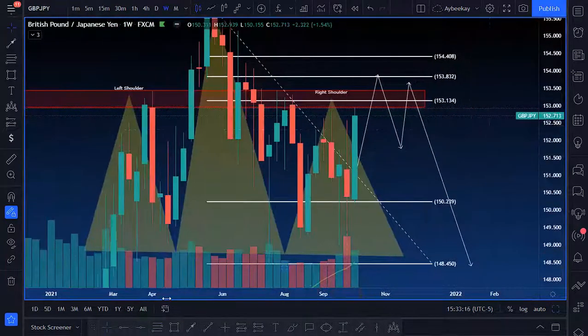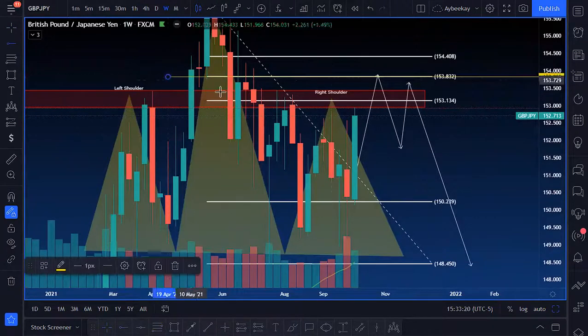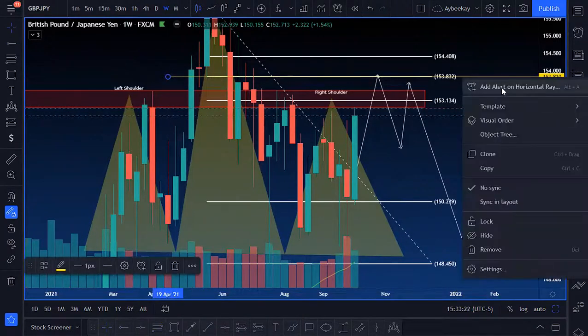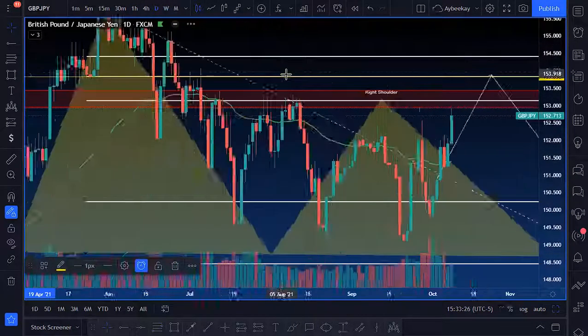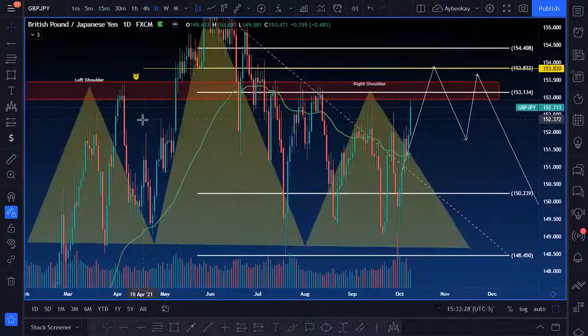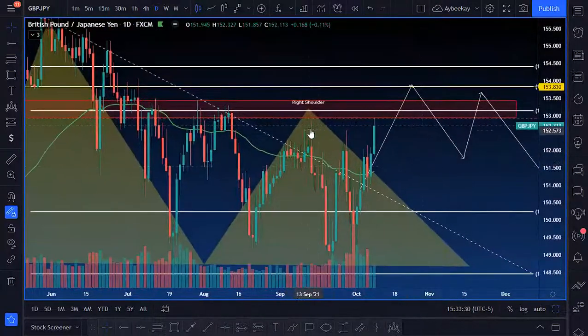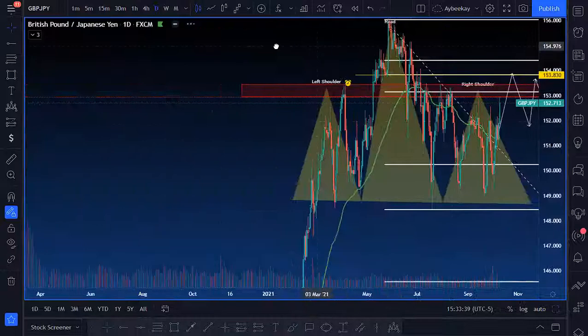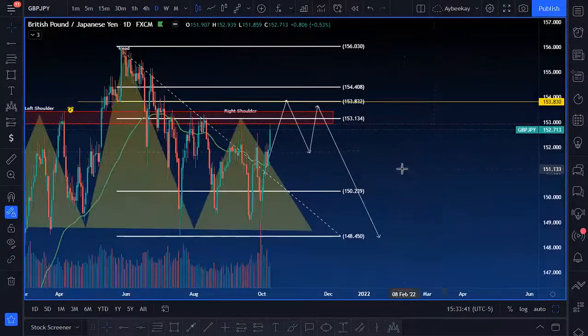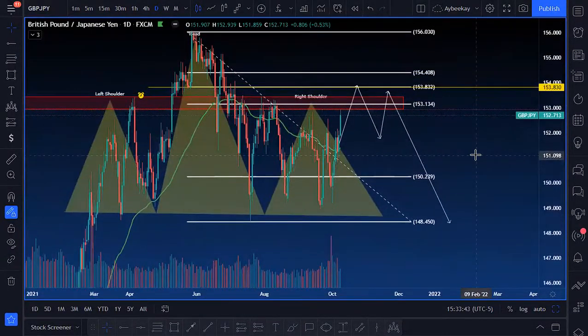So that's what I'm going to be waiting for. I'm not going to try to get in where price is at. I'd rather wait for it to see if the market's going to climb back up here, although that is pretty steep. And it is currently at equal highs right here, although I feel like it did take it out. But again, the weekly candlestick looks very bullish. So I'm going to wait for, like I said, 153.832. That might be the best bet.